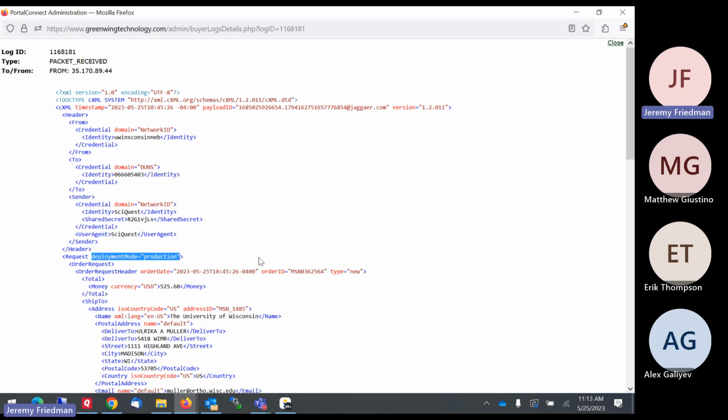Here's another caveat, an idiosyncrasy of e-procurement systems. They don't always send that tag. They will send test in when it's a production order. I don't know why. It's the way their system works. We've seen that happen so many times. And again, we will either do an override to not look at